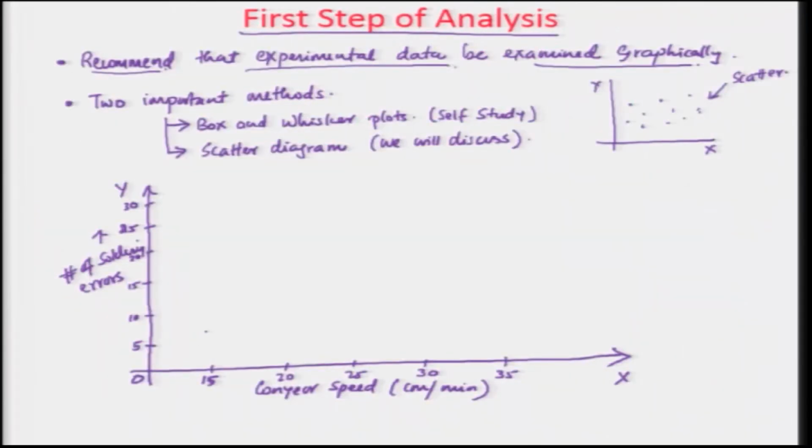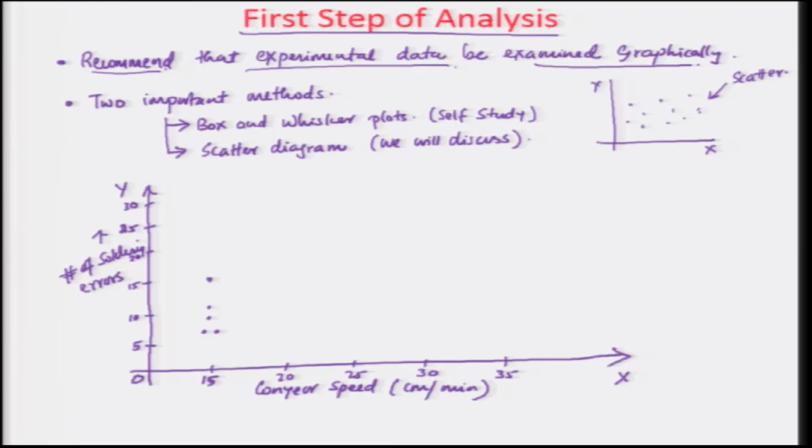So, let us say this is 7. You have 7 and 7. Then the other values are 15 and 11. So, another value is 15, the third value is 11, and the last value is 9, somewhere here. So, this kind of diagram that we just drew right here is the scatter for the particular conveyor speed of 15.